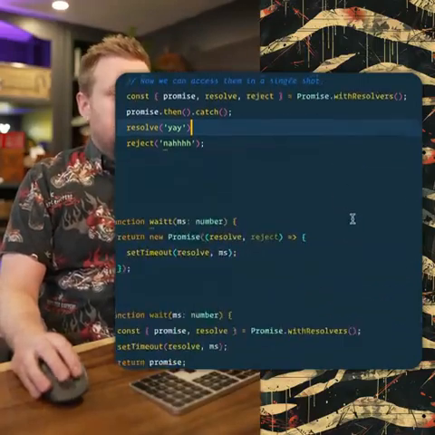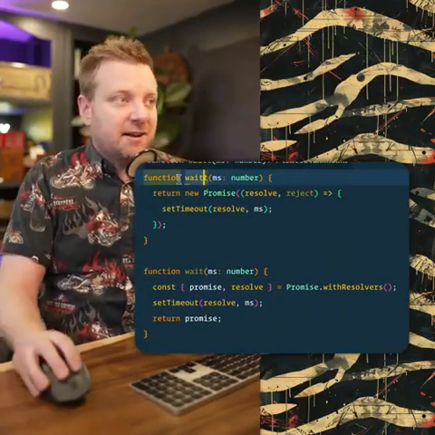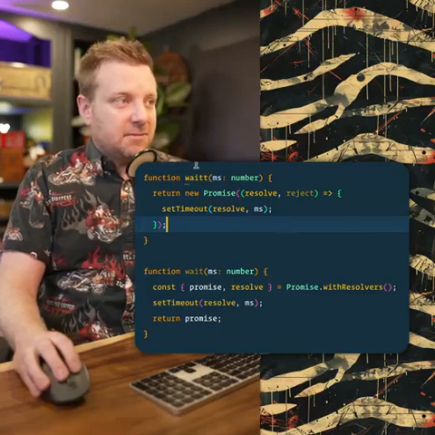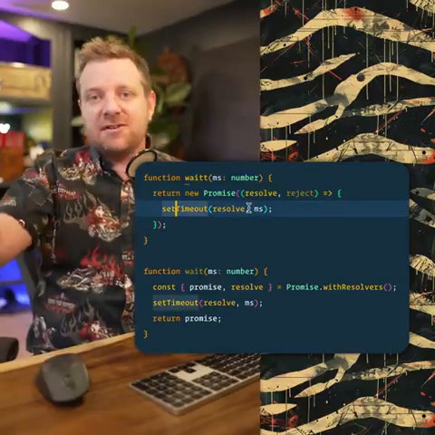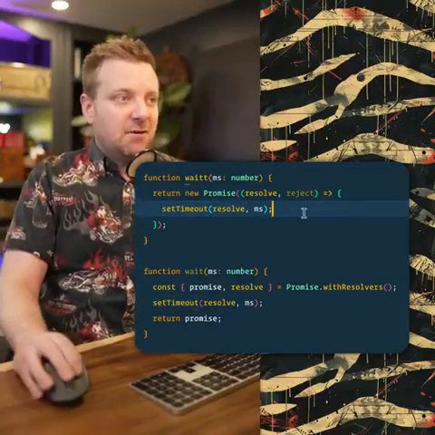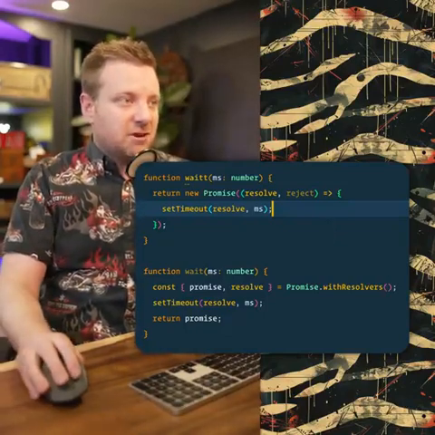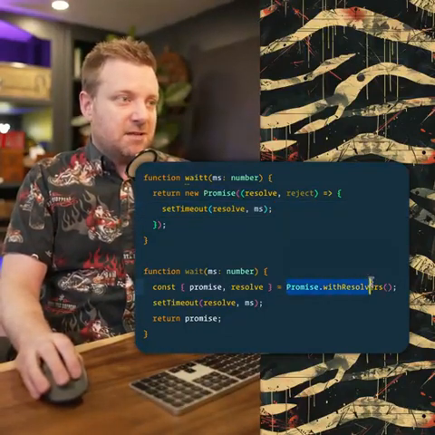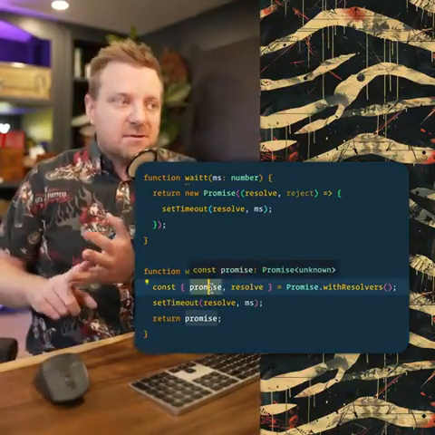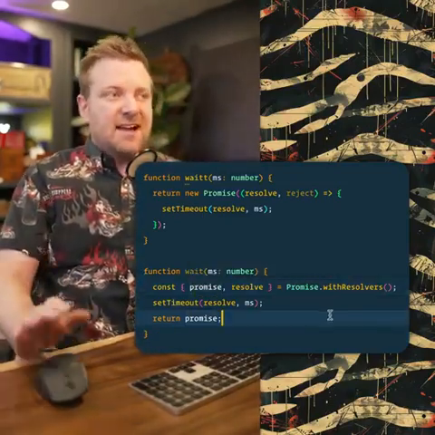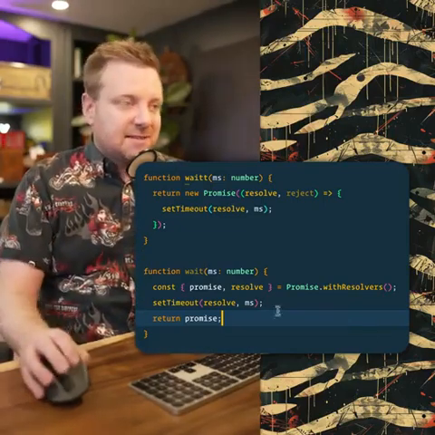Why would that be useful? So let's take a look at an example here. I have this wait function I write all the time, right? What you need to do from this function is you return a promise, and then inside of it, you set a timeout that it resolves after however many milliseconds you want. Well, now you don't need to have the callback or the promise constructor. You simply just use promise.withResolvers here, and then you return an object that has the promise, the resolve, and the reject inside of it. At the very least, it's one less callback, one less set of curly brackets to keep